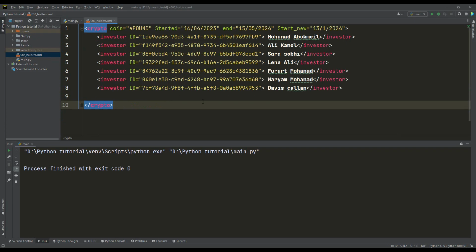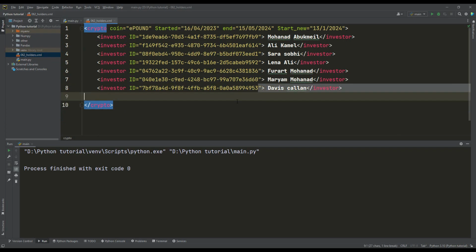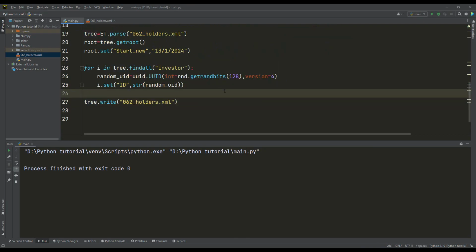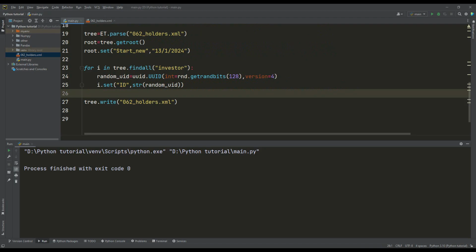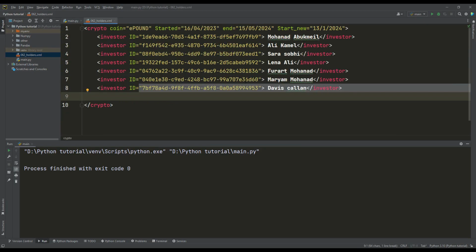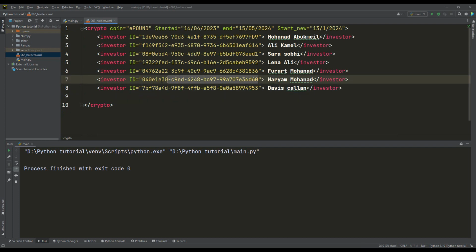I have the ID. Just look at this ID. This ID starts with 7B and ends with 53. If I run again, then I will have the same unique ID that has been assigned to this object. Okay, that's good. What if I want to retrieve, for example, from this medium,